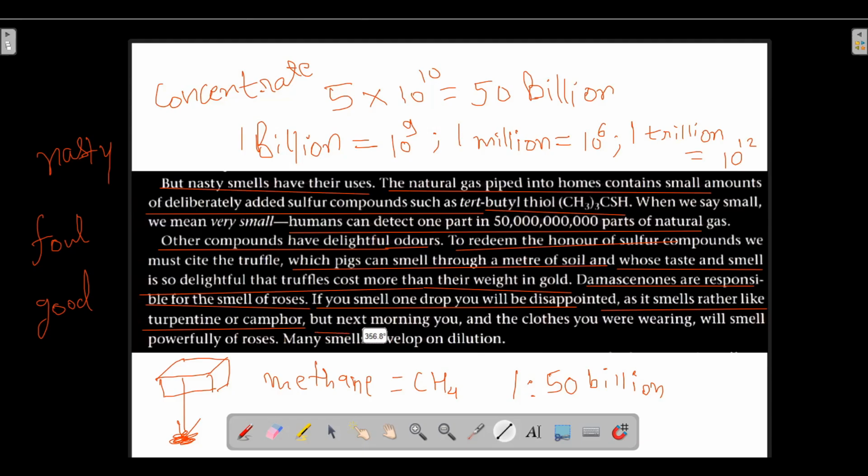But the next morning, if you have a look at your clothes, and this Damascenone liquid was attached to the clothes you were wearing one day prior, you and your clothes will smell powerfully like roses. So upon dilution,